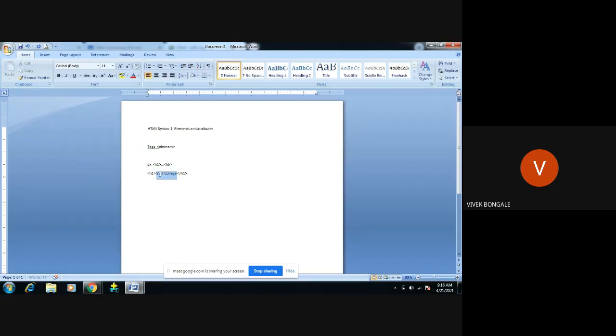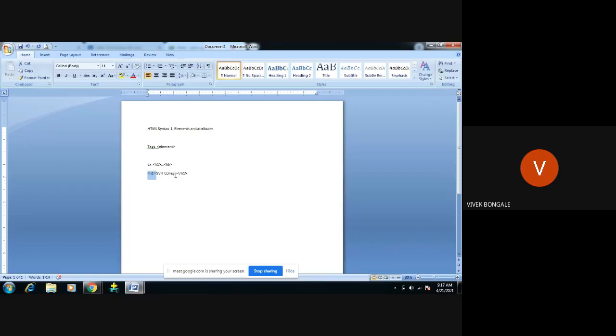So SVIT college is the content. The element has two basic properties. If we consider h1 as an element, in between we can add data, which may be an attribute value or a content.